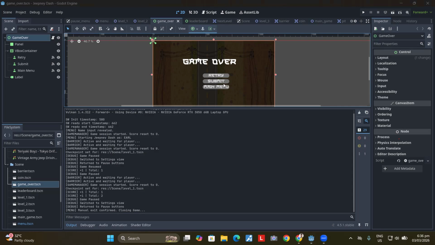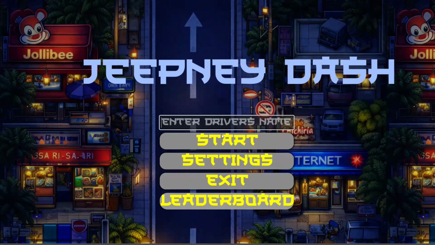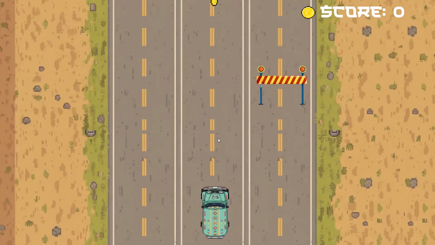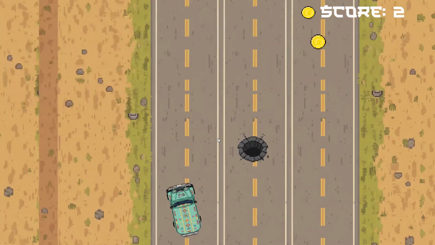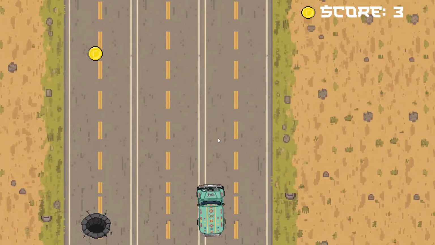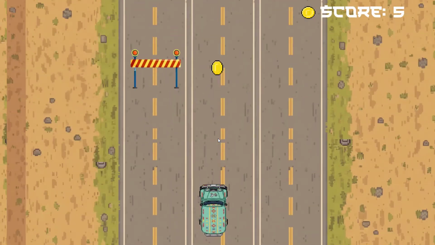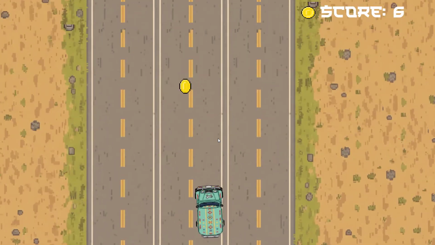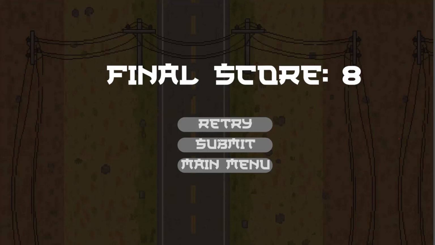And for our game, let's try it. As you can see, we have a level and a scoreboard on our left side that tells us how much we have scored. Once you are dead, it will display the final score.